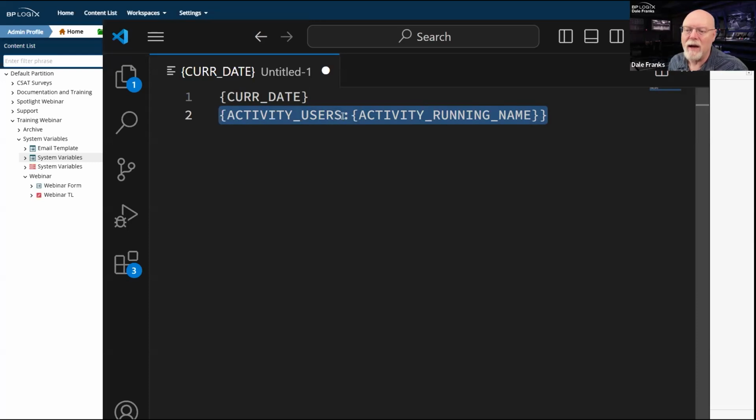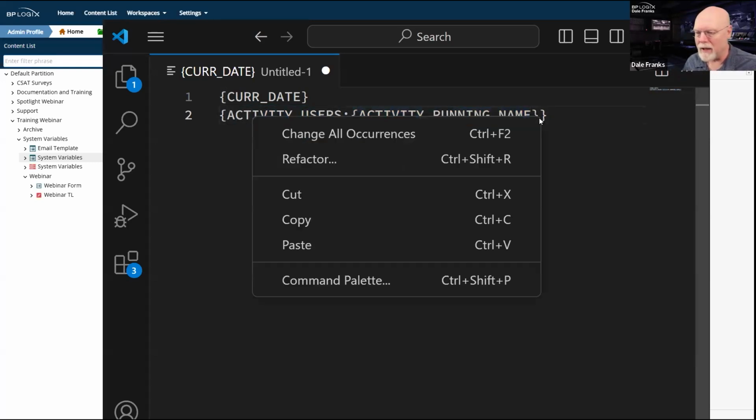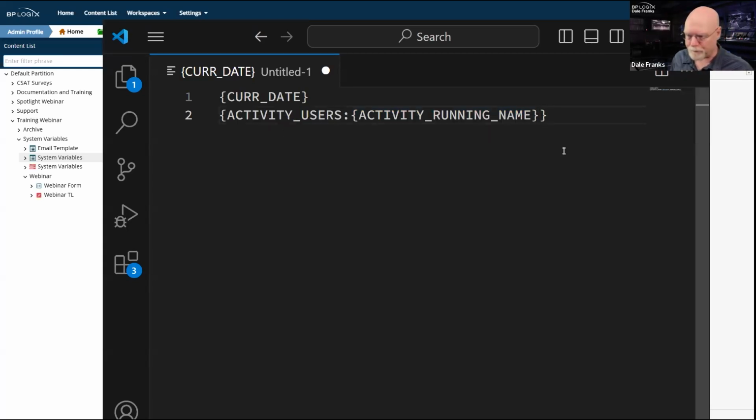And thus it fills out this requirement on activity users to pull the active activity users, or all of the activity users in this case, for a specified activity. And that activity gets specified dynamically simply by pulling whatever the current running activity name is.